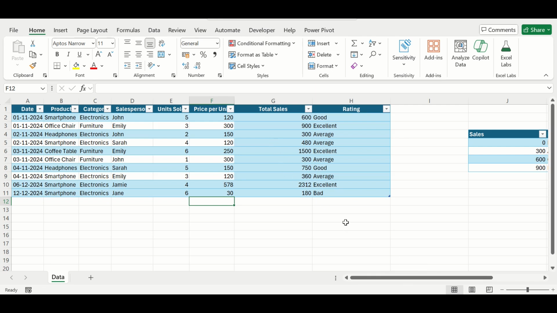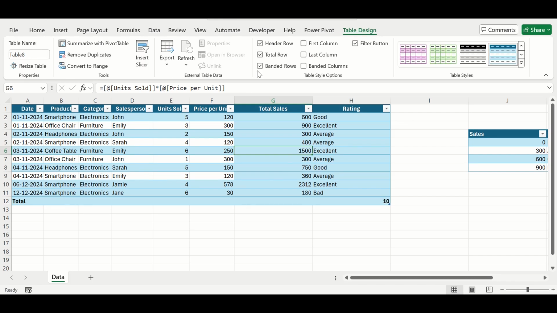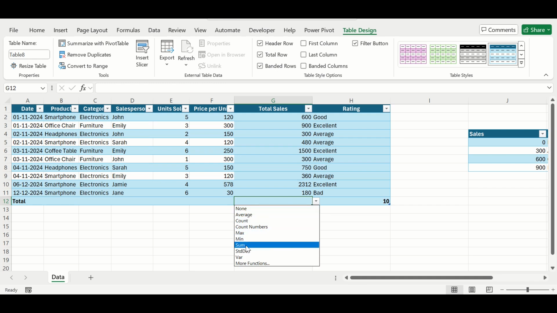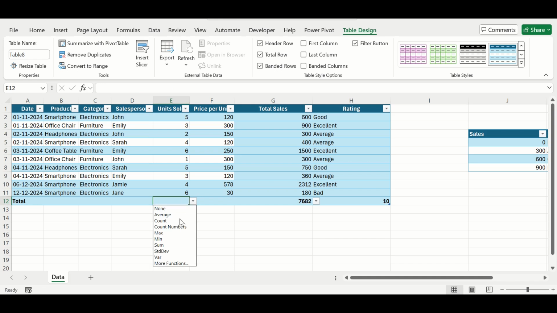Then you can also do different things. As I click here, I will go to Table Design. I can add a total row, and I can do numerical computation. Say I want the sum of the total amount of sales, or I want to find the standard deviation of the units sold. You can see here the standard deviation is showing me 1.66. That means on average the units sold deviate from the mean by an amount of 1.66. So it is giving me this, plus let us try to do count, and I can also further do